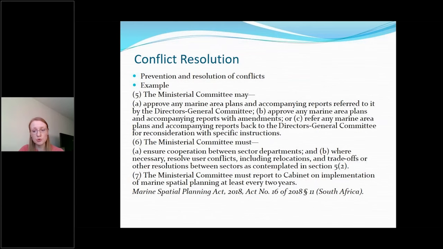As previously mentioned, due to the variety of uses that can exist in the area covered by the Marine Spatial Plan, conflicts can and do arise. Objectives of the law, guiding principles, and criteria for developing the Marine Spatial Plan can all seek to prevent and resolve such conflicts. Some countries have also started creating additional mechanisms by, for example, designating a committee that considers conflicts between uses. This could be the same body that approves marine spatial plans, as seen in this example from South Africa, for example.